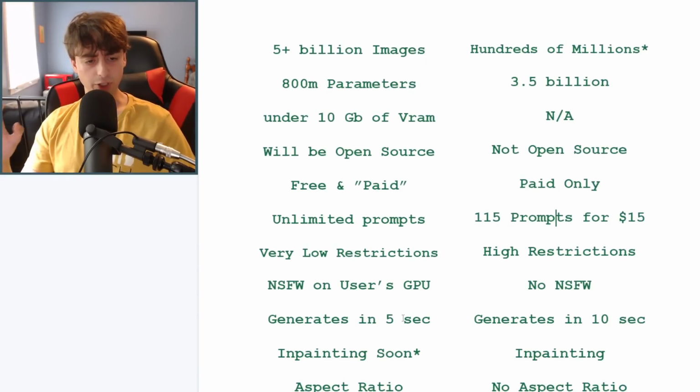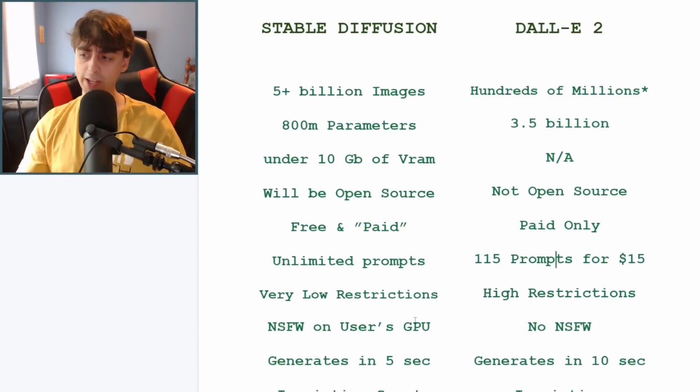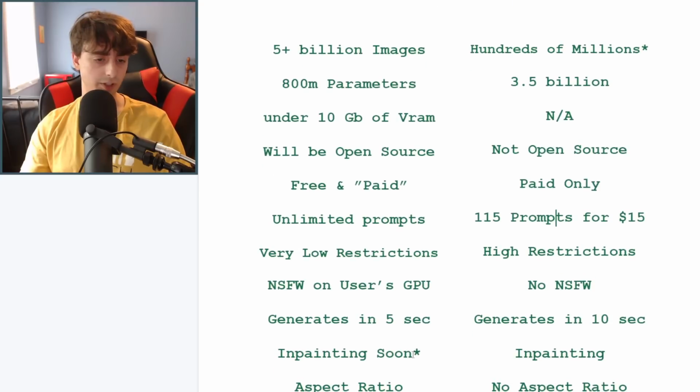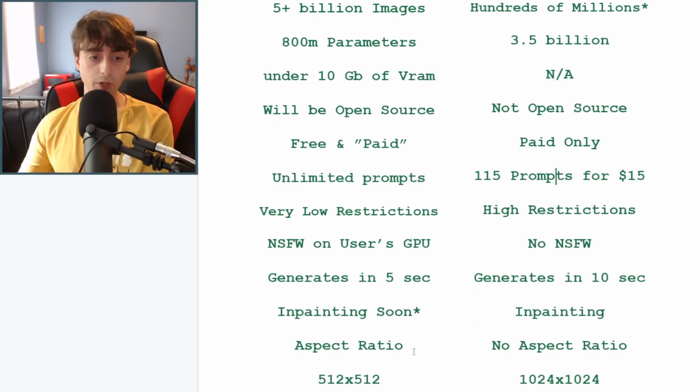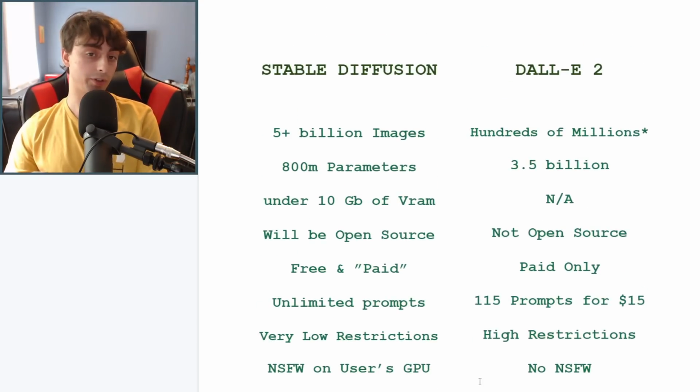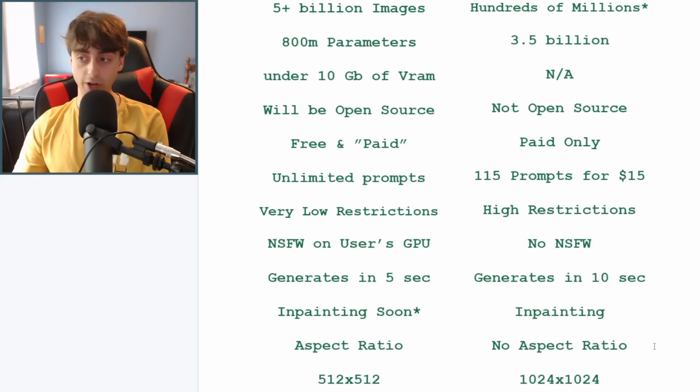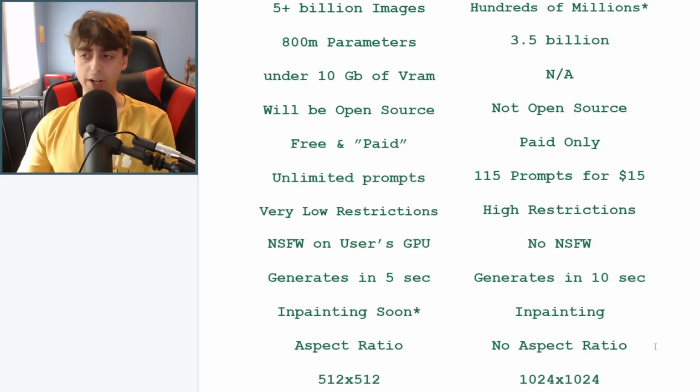And in terms of restrictions here, Stable Diffusion has very, very low restrictions. Really, the only restriction right now in the beta testing is you cannot generate anything NSFW, so no nudity, no extreme crazy gore, no horrible obscene stuff. And with Dall-E 2, of course, if you guys have been keeping track of that at all, the restrictions are very high in Dall-E 2.